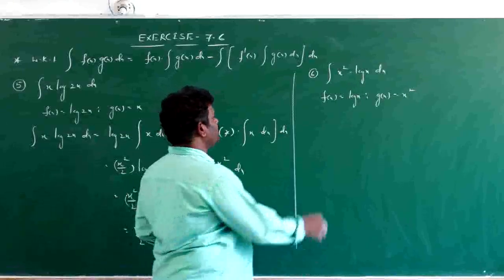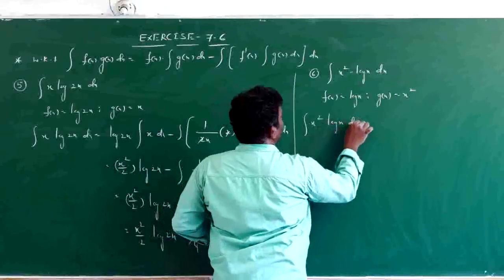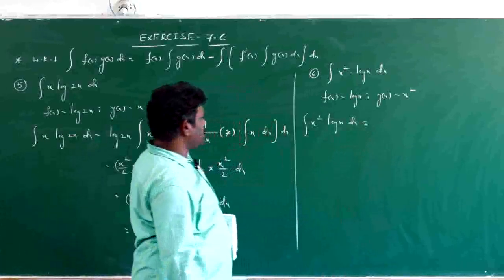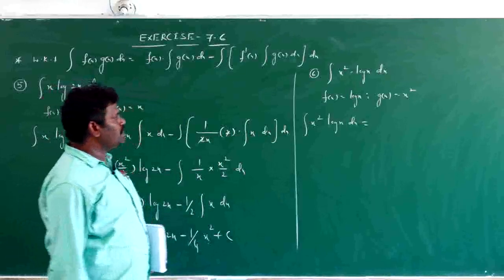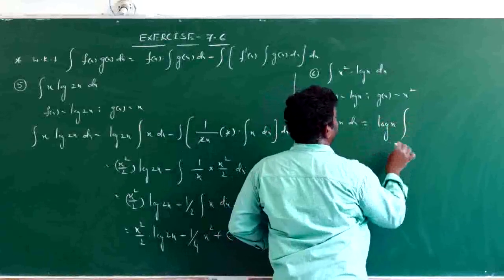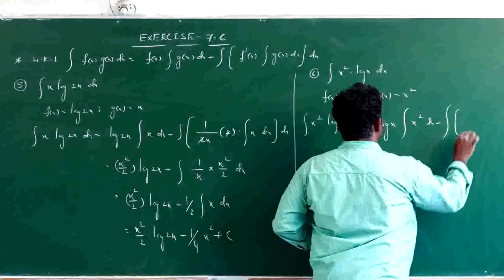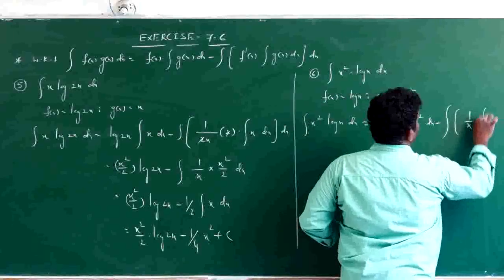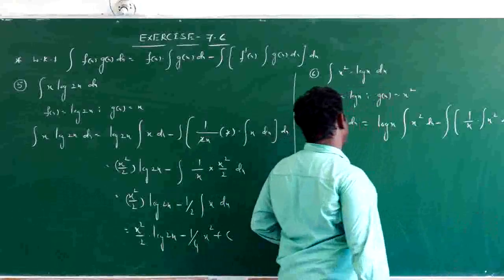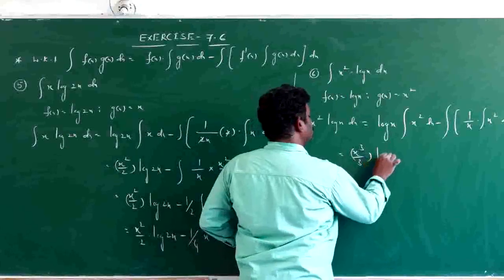Now applying the formula, integral x square log x dx is equal to first function log x, integral x square dx, minus integral of 1 by x into integral of x square dx into dx, that is equal to x cube by 3 into